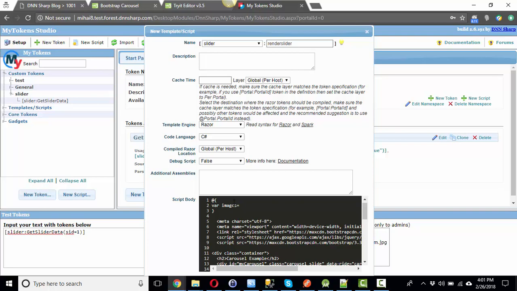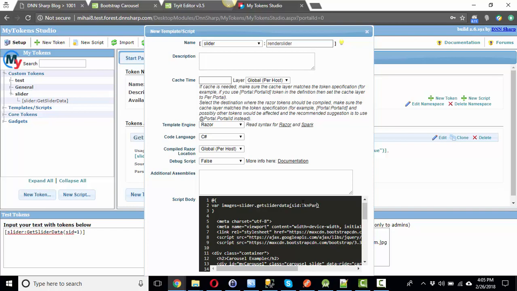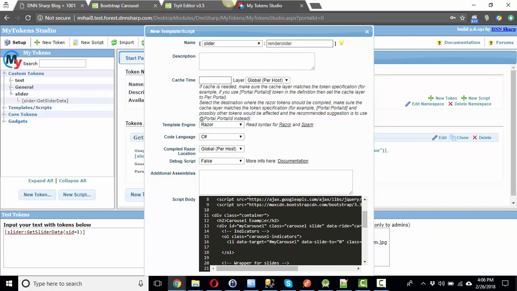So it's going to be slider dot get slider data, to which we need to pass a slider ID as a parameter, and we're going to pass it what we're actually passing to this token as a parameter. So token params SID. Now that we have all the images loaded for the selected slider,